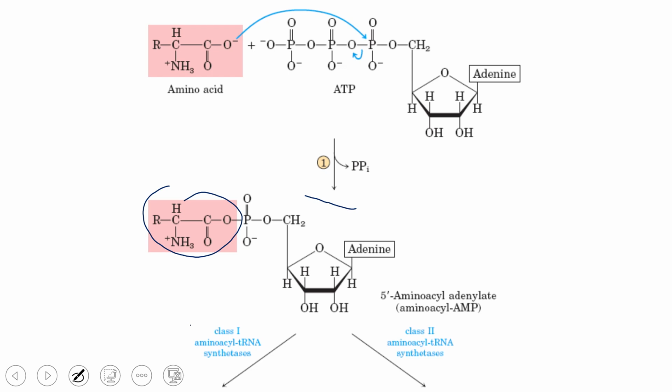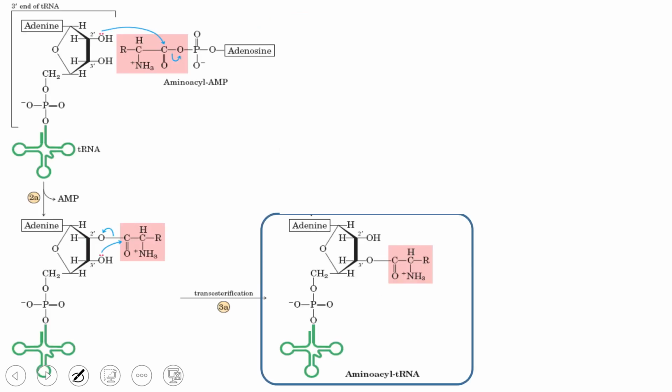दोनों में बेसिक डिफरेंस क्या होता है? How they are going to be involved in the reaction, how they are going to participate in the reaction. So we are having class 1 and class 2. थोड़ा कंसंट्रेट होकर देख लीजिए, ध्यान दे दीजिए. I will stop here only. इसके बाद, in case of class 1 reaction, when we are talking about class 1 enzyme, this is your amino acid loaded on, joined with AMP after the first reaction. So this is aminoacyl tRNA.